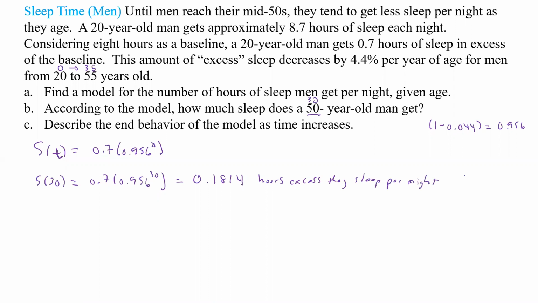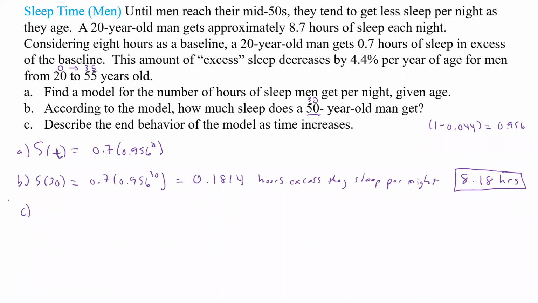And so what does that tell us? It's going to be 8.18 hours, basically. That's how long the 50-year-old man will sleep. Okay. So maybe we should say that's A, that's B, and so C